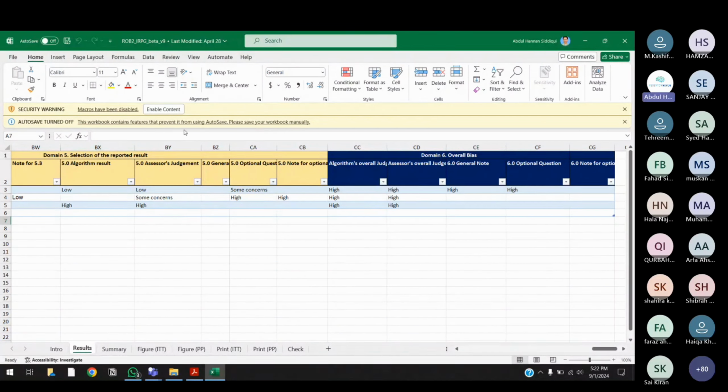Alright, now guys, pay attention on the screen. Can everyone see the security warning? Macros have been disabled, enable content. Can everyone see this? It is the first security warning. ठीक है, ये वो important macros हैं जो कि आपको enable करने हैं to make this Excel file work. Okay, मेरा जो tool bar है, जो ये home का tool bar होता है, उस tool bar के नीचे देखिए, there is a security warning and it is asking me to enable content. If I do not enable it, this sheet will not work. Okay, the reason I am telling this is if you do not enable it, this Excel sheet will not work for you. So the first time that you open your Excel sheet, you will have to enable this content. Is everyone clear about this?